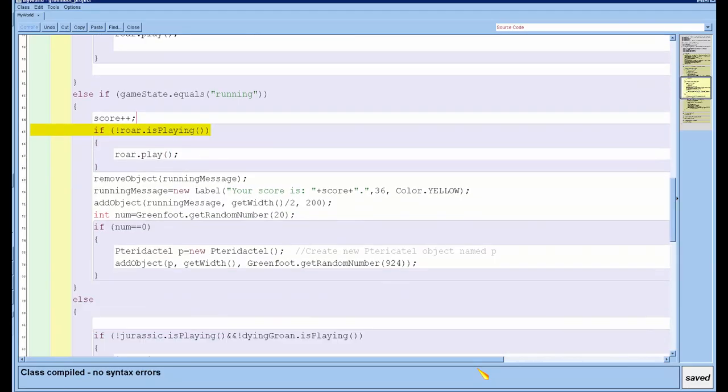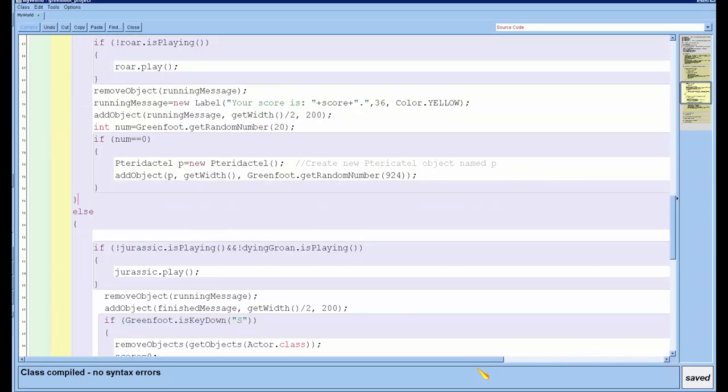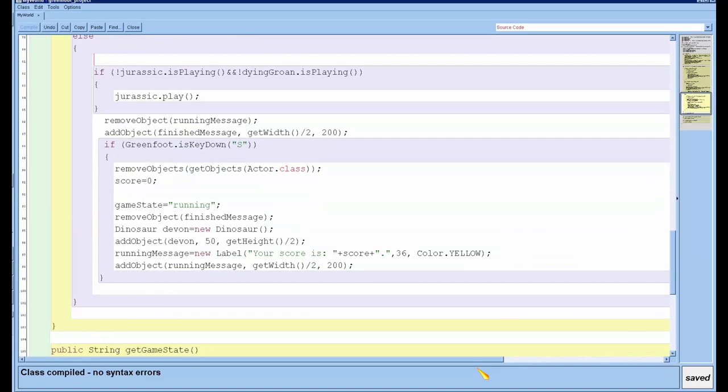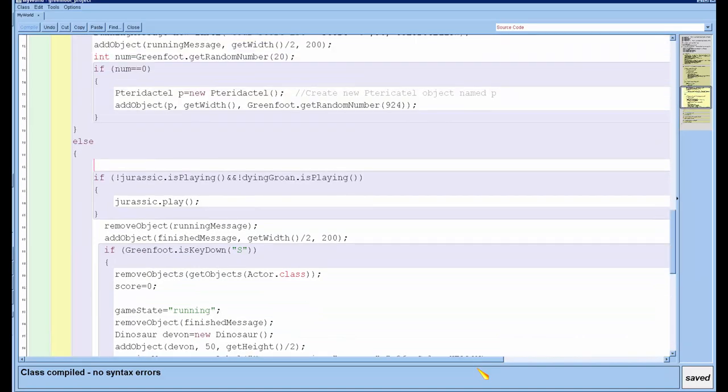Okay, and now when the game is finished, I'm going to say roar.stop. Then if dyingGroan is done playing and Jurassic is not playing, it starts Jurassic again.